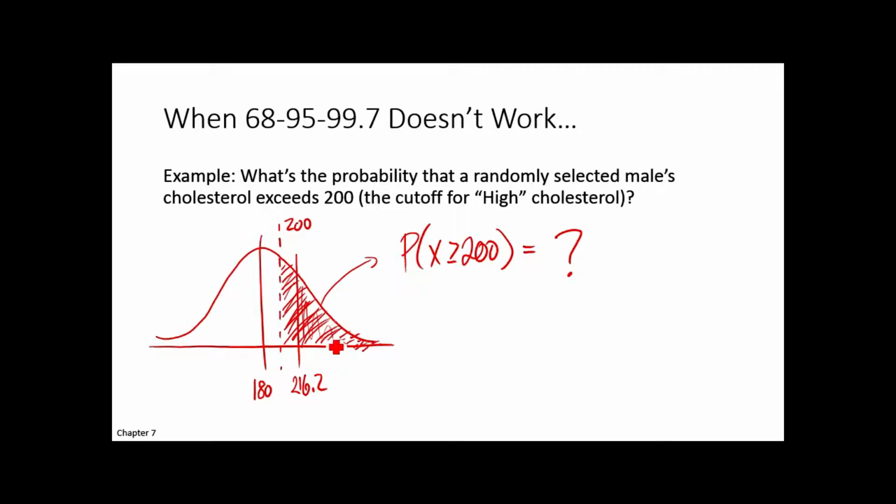So it's somewhere between 16% and 50%. That's all we can really say at this point. It's somewhere between 0.16 and 0.50, and honestly, I don't really know anything beyond that without taking just a wild stab in the dark. So we're not going to do that. We're going to come up with a better way to do this. So this is the question we want to answer now: how do we find probabilities with normal distributions when we can't use the empirical rule?